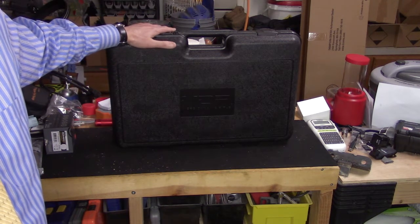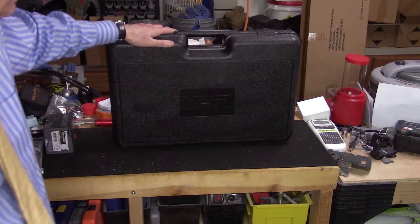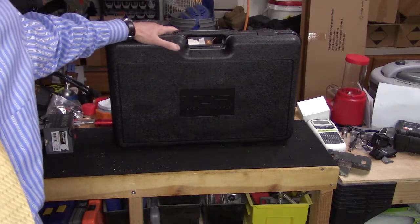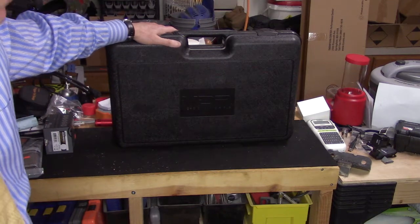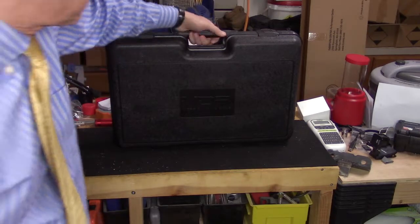So this was a super cool development to me as a southpaw, and it comes in this case, and I was a little shocked because the case looks kind of small, and I thought, how the hell are they getting a rifle in that case? I know it's a bullpup, but that's pretty absurd. I've got some pistols that come in cases this size. So the way they do it is